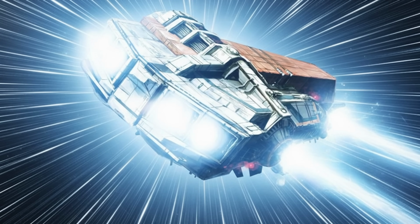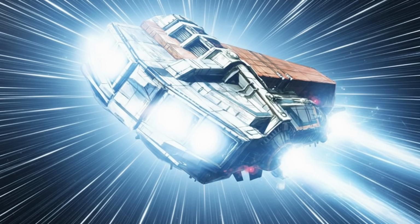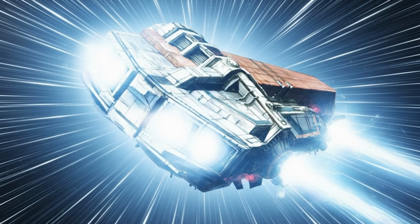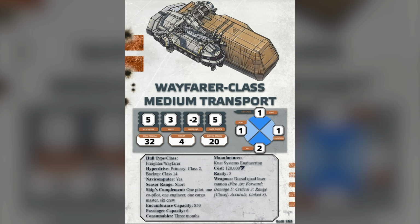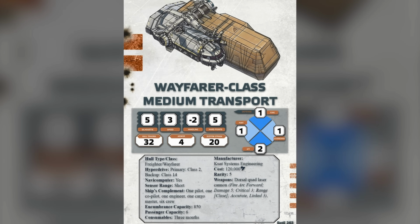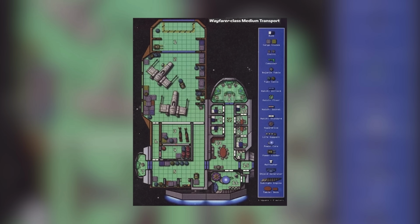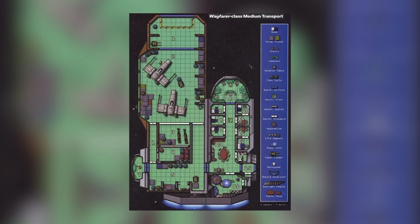And that dual hyperdrive setup matters more than you'd think. The Class 2 primary gets you where you need to go fast. The Class 14 backup means if something goes wrong deep in the black, you're not stranded waiting for a miracle. That redundancy isn't convenience, it's freedom. Most ships lock you into one role: